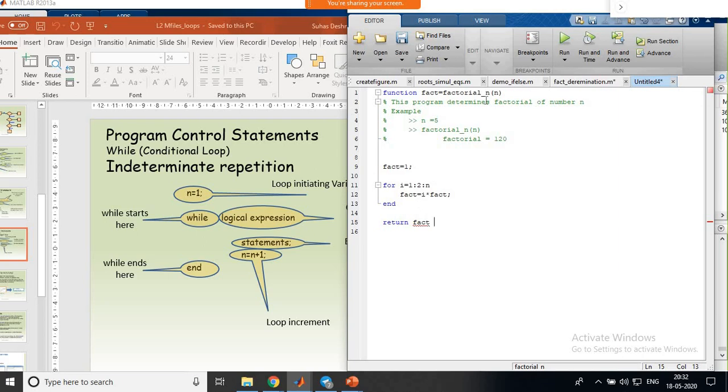Whenever you call this function by the name factorial underscore n, it will automatically take n equal to whatever value you provide, process it, determine the final value of fact, and return the fact value as an output here, and it will be stored into this single number. That is how it works.